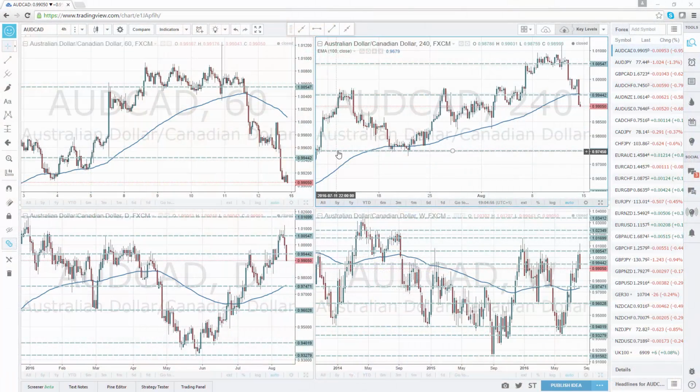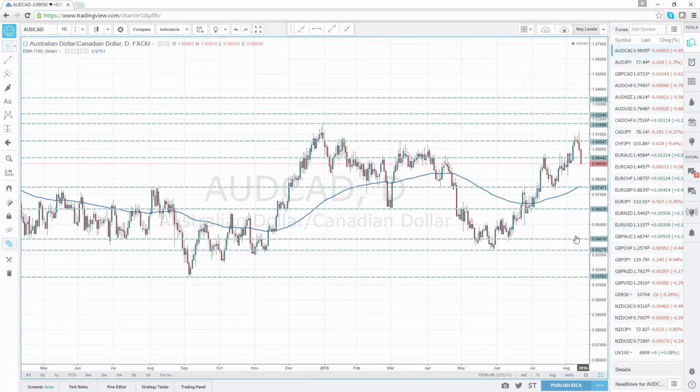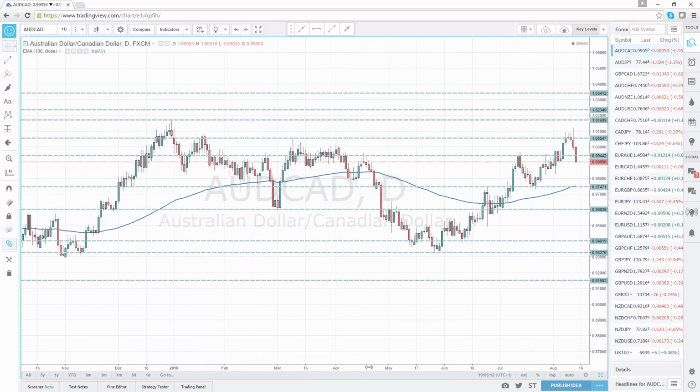So we'll start off by taking a look at the Aussie CAD. Now the Aussie CAD is one that we've been looking at for a while now. And as you can see, we've got many, many different lines. We're going to start off by taking a look at the daily chart. Now on the daily chart, there's some very interesting price action because the market has reacted to a